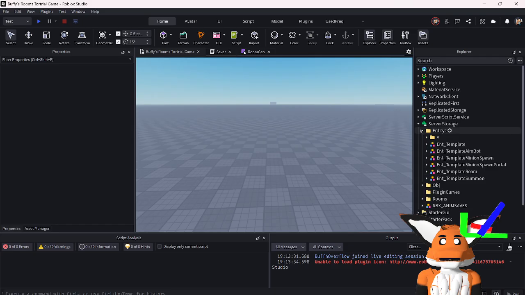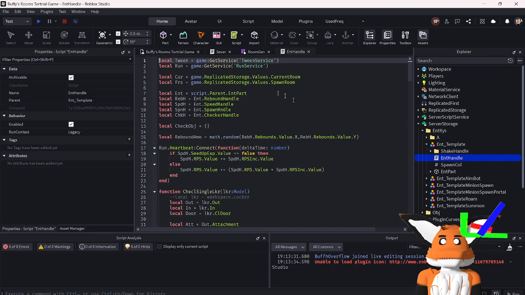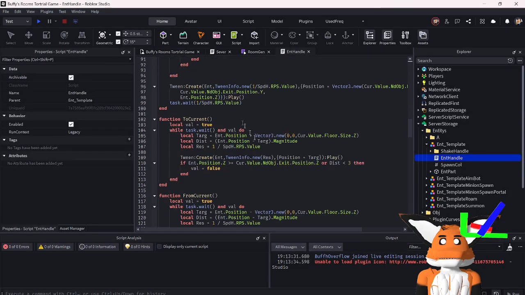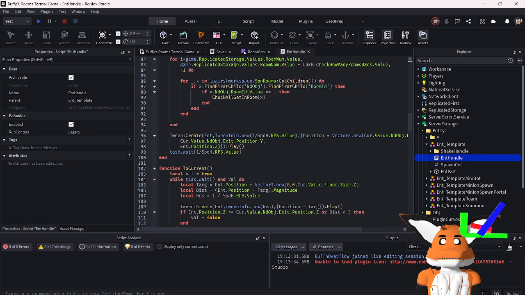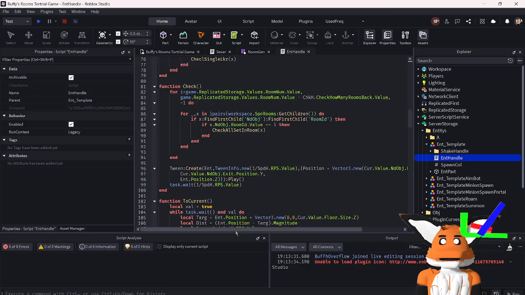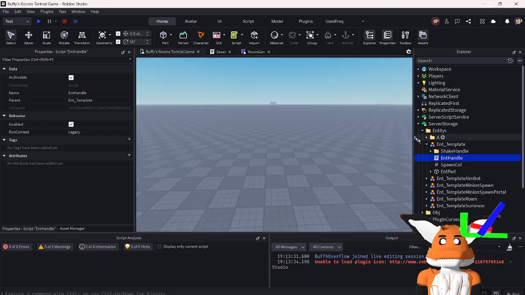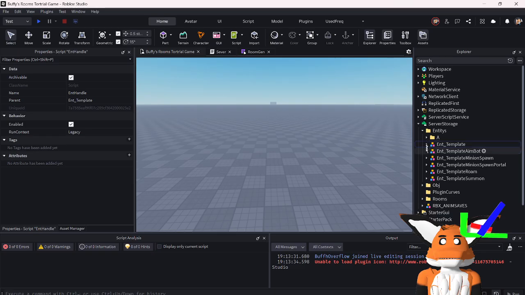First of all, the most major thing is an int handle, and instead of where is it? Oh yeah, down here in check, I set the entity's y to the cur.value.ndobj.exit.position.y value, because otherwise the closet checker would just kind of move under the floor to go back to the room. And also, I also made